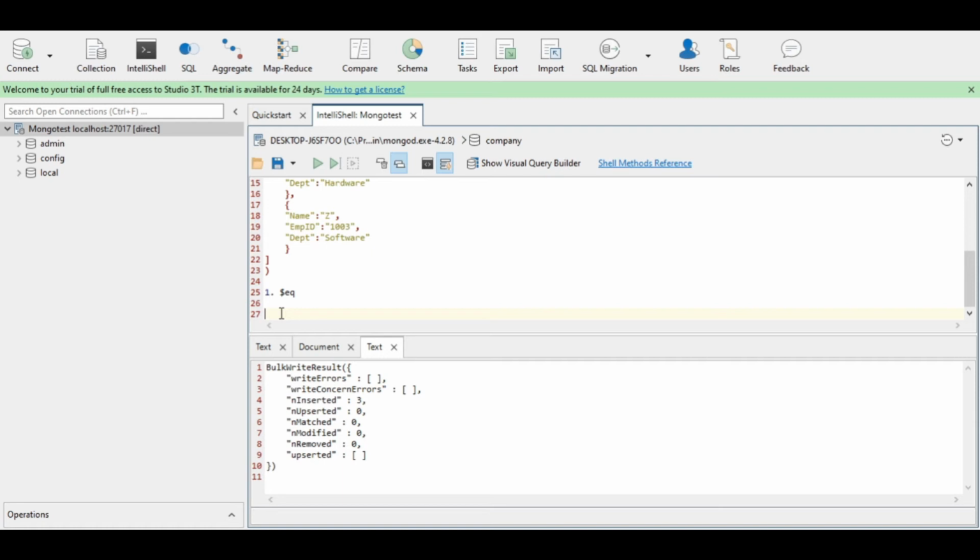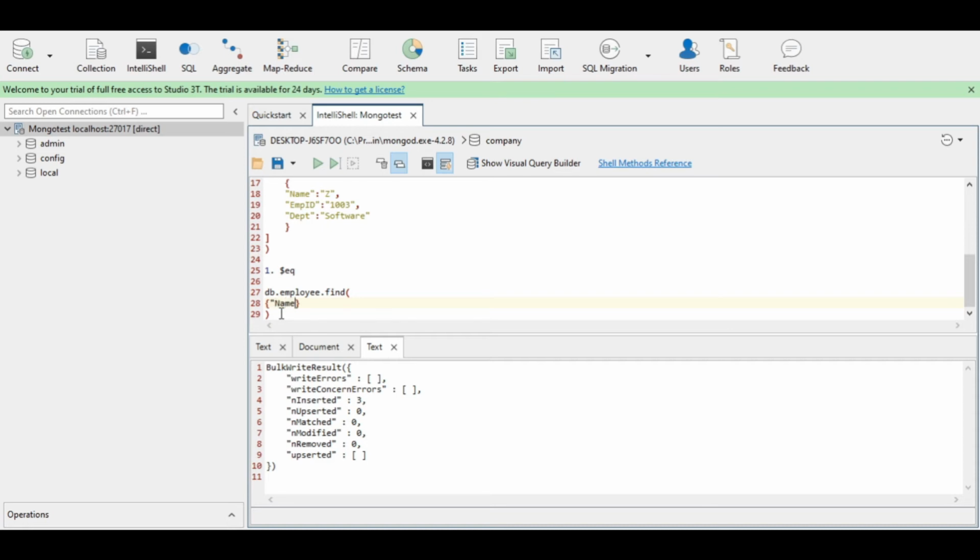So the command for that will be db dot collection name dot find. After that we need to give the condition in between a pair of curly braces, that is we will be comparing the name.